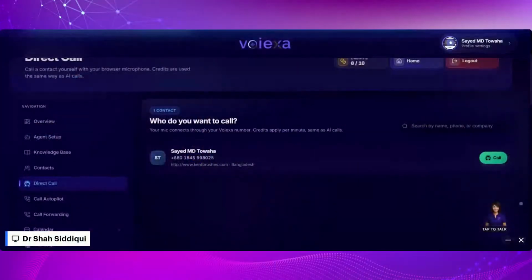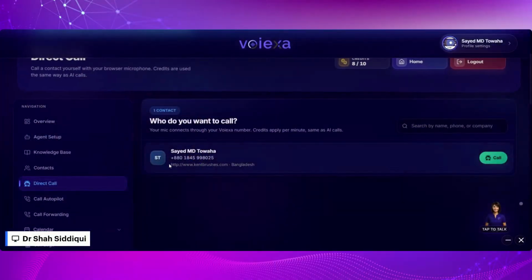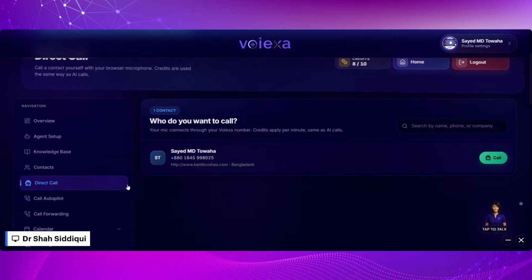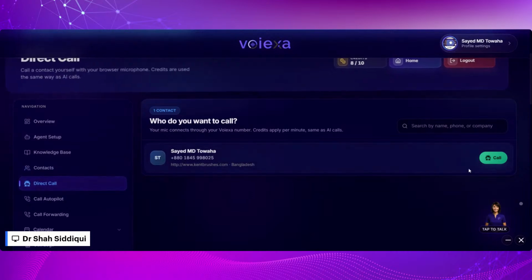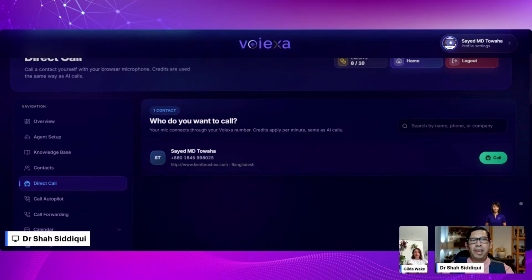I'm just going to show my screen again, so you can see that there is a direct call feature here. With this direct call feature, you can call specifically when you have business and want to talk to people. There are many voice agents in the market with their varieties of features, but we specifically built this feature to be business-centered.